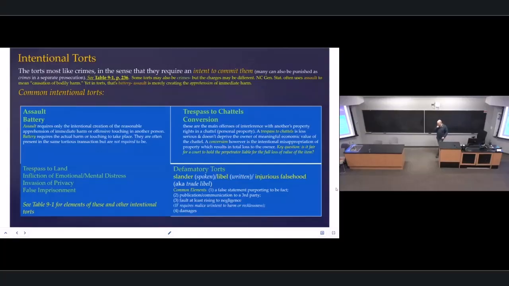Be aware, however, that although the names of the intentional torts are long established in the common law, assault has been assault since the 12th century or thereabouts. States, because criminal law is often codified, it's often statutory these days, right? And so as states started to enumerate crimes and put them in their criminal codes in writing, sometimes they would play a little fast and loose with the names. And one example of that here at the top of the screen is that in the North